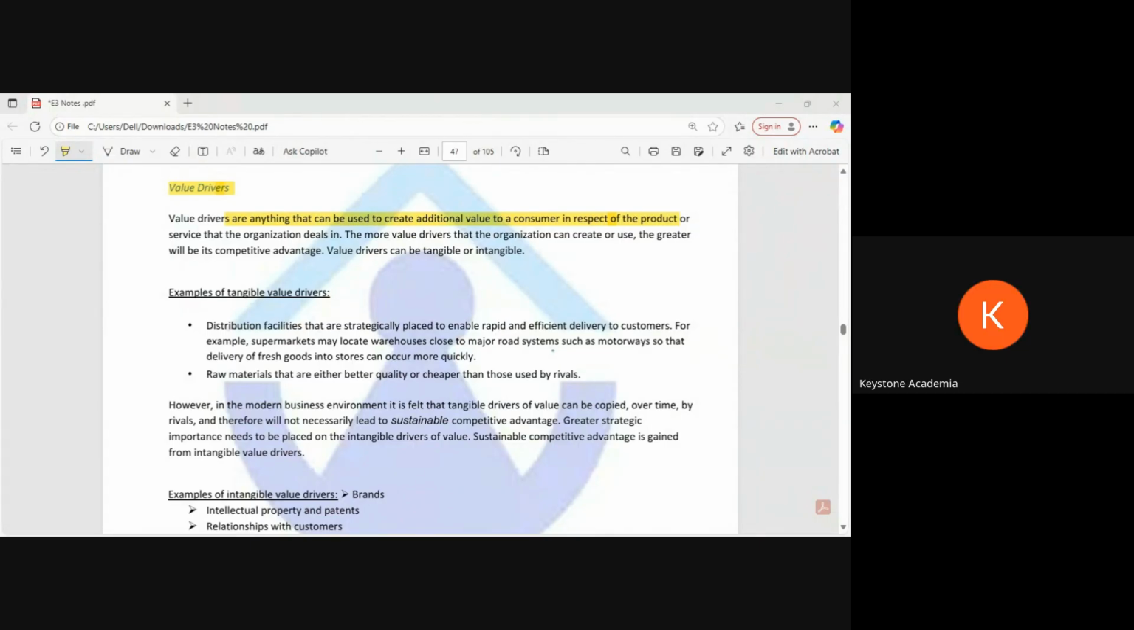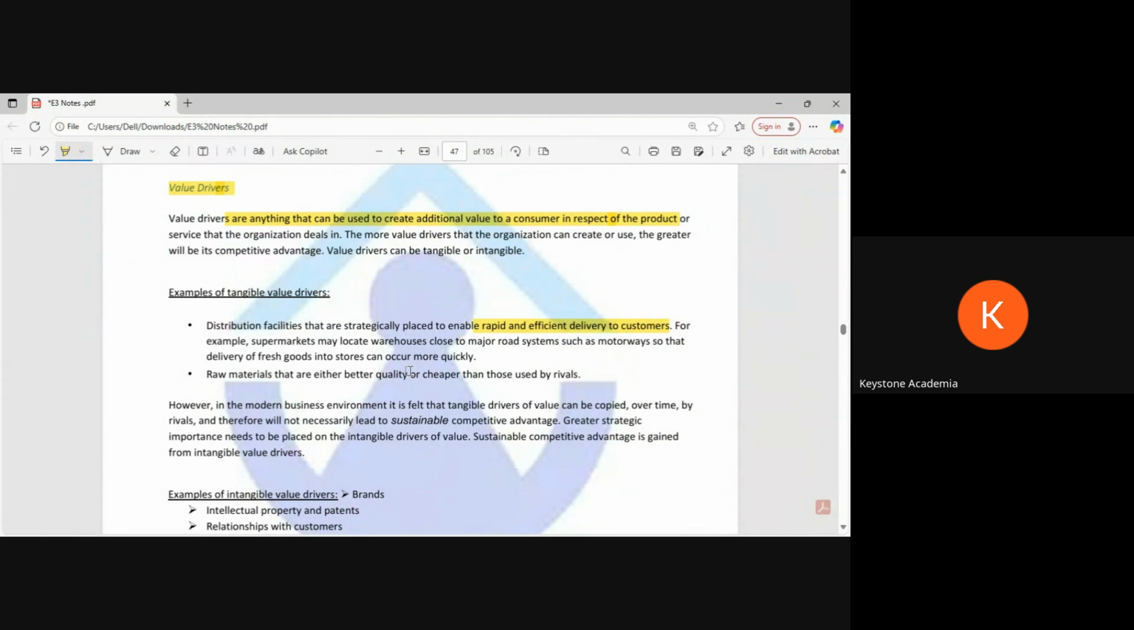Simple points, there are so many things. Here also they have mentioned how companies are doing that. Distribution facilities that are strategically placed to enable rapid and efficient delivery for customers. For example, supermarkets' warehouses close to major road systems such as motorways, so that delivery of fresh goods into stores